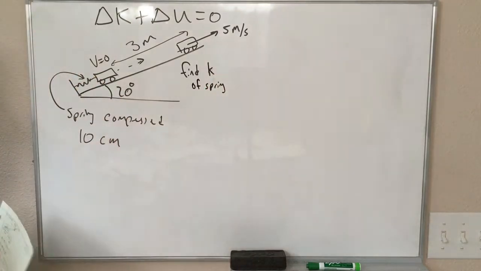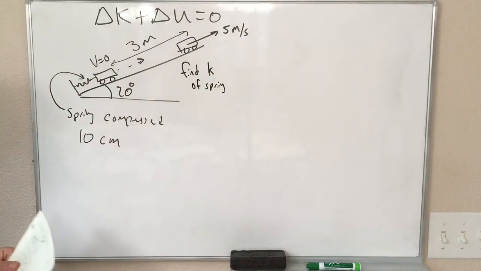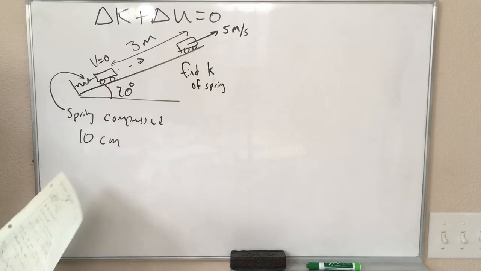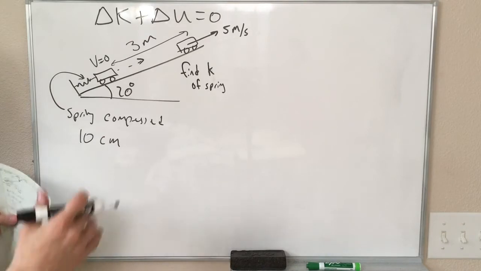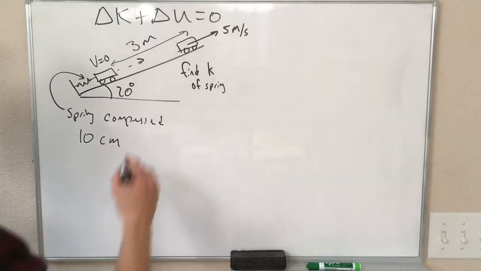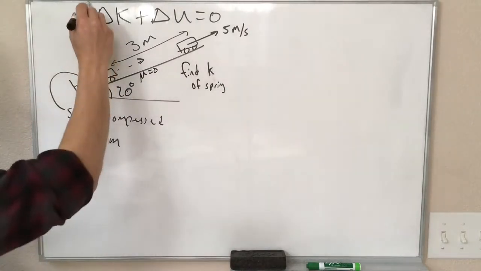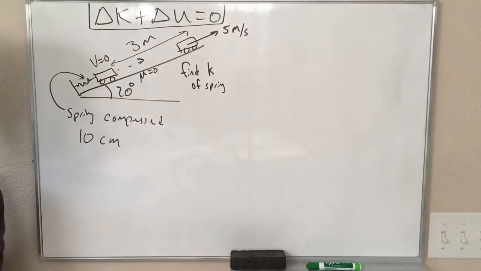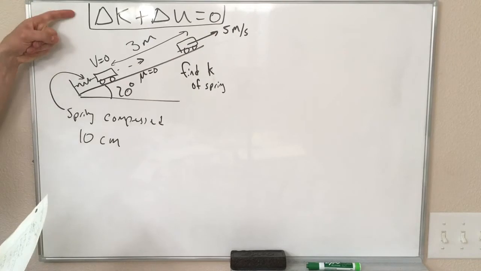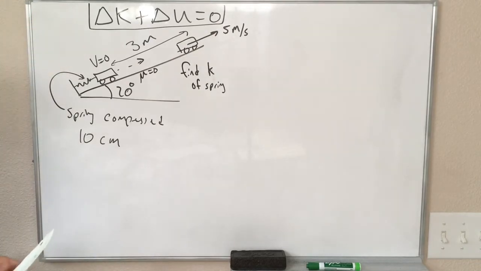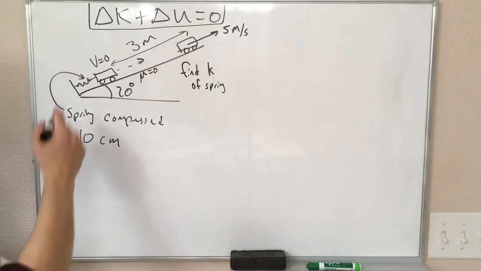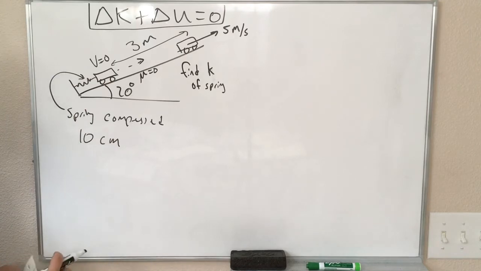of the compressed spring. Okay, so this is a pretty complicated place to start, but I think this will give everyone a chance to see all the pieces in action. One last piece: this is frictionless, so again, there are no non-conservative forces, and we can use our energy conservation equation. Okay, so let's do a little accounting of the energy.